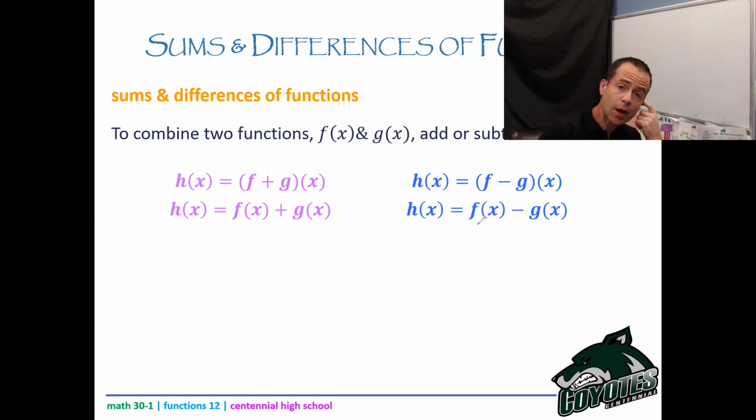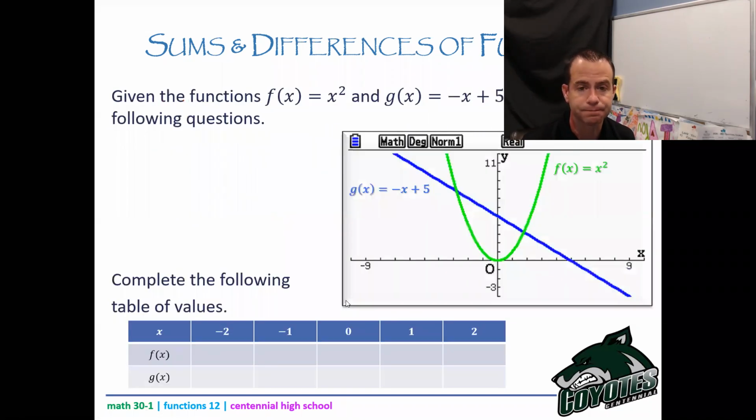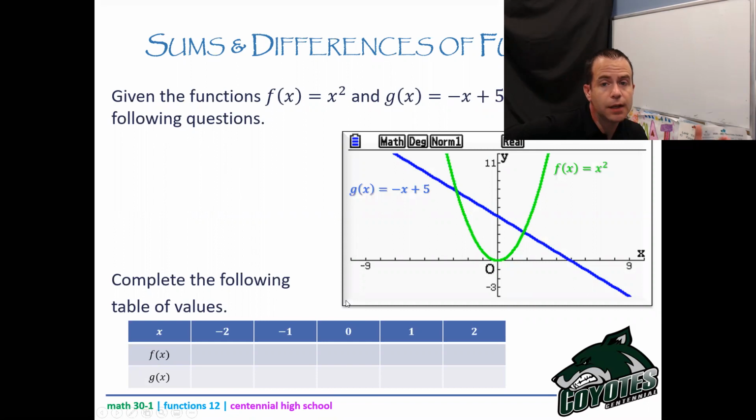Subtraction is slightly harder than addition, only because you have to remember that when you're subtracting a polynomial, that subtraction sign has to apply to every term on the other side of that bracket. Okay, so given the functions f of x equals x squared and g of x equals x plus 5, so obviously x squared is the green graph and x plus 5 is the blue graph,